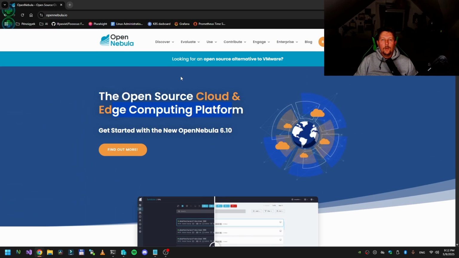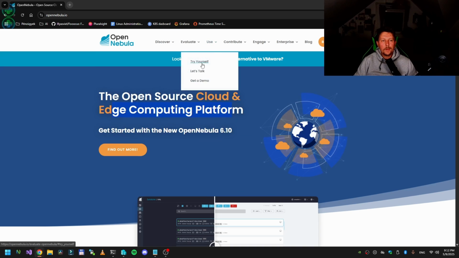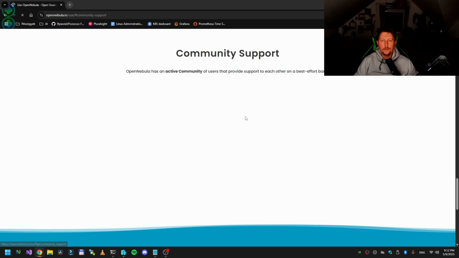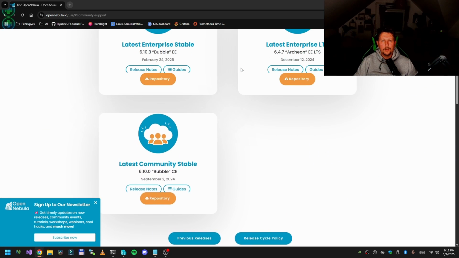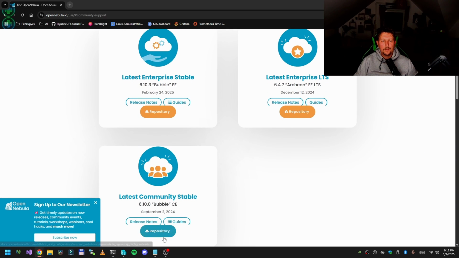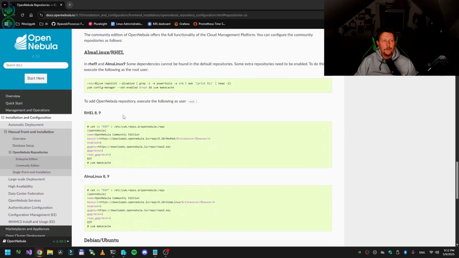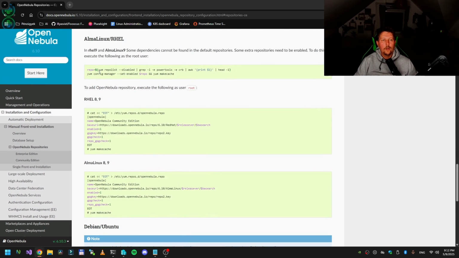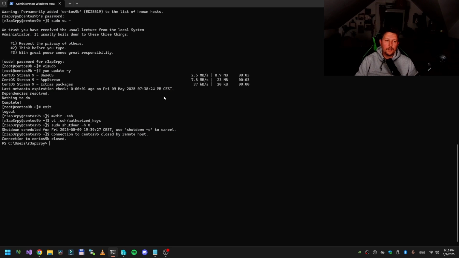And if you want to install OpenNebula, you can go to the latest community stable version, and basically here are the repositories that you can use for your platform. It supports Alma Linux, RHEL, and Debian Ubuntu. And these are CentOS machines that I have installed,